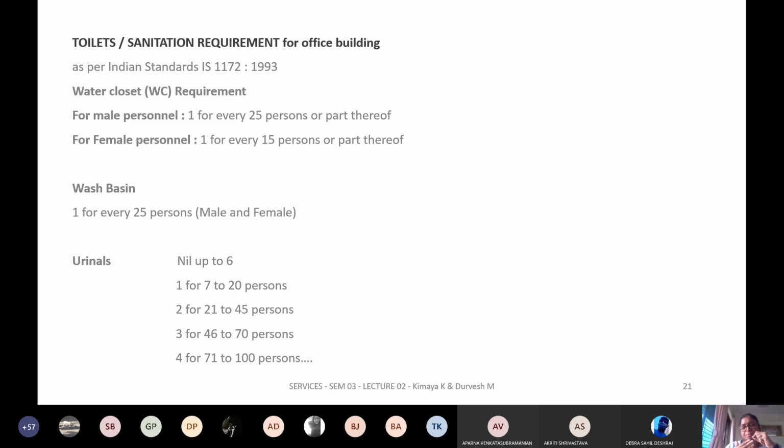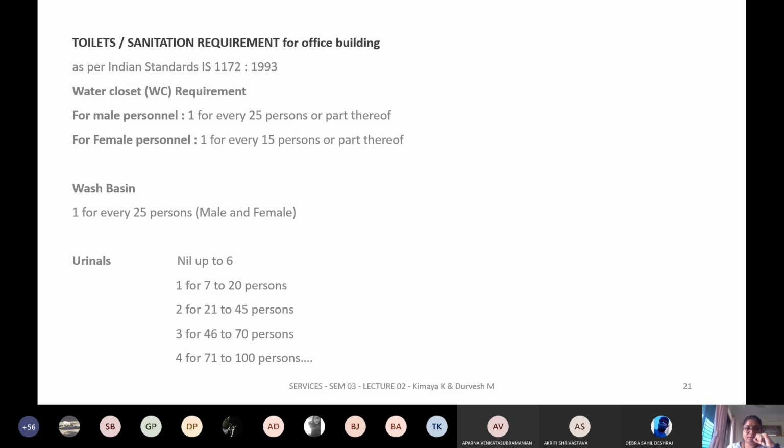Generally, the best example is your malls. When you enter a mall, you'll always see that the gents toilet is first and the women's toilet is the farthest. Also, when you're moving across, there is no visual connect to what's happening inside. That is what is called your toilet ethics. You have to ensure that there is a visual barrier, so a certain kind of privacy is maintained.